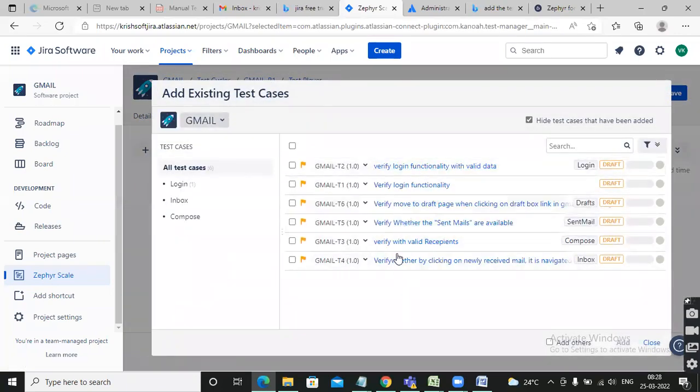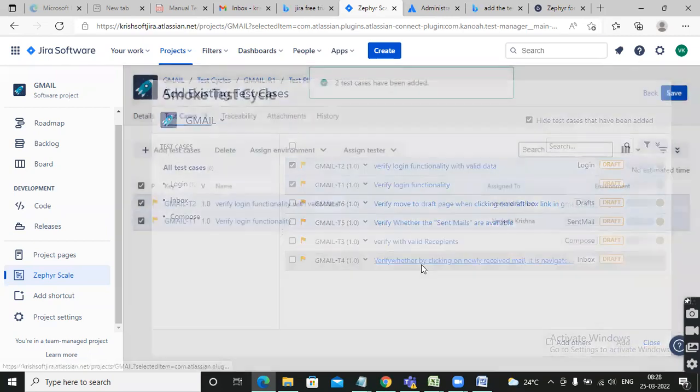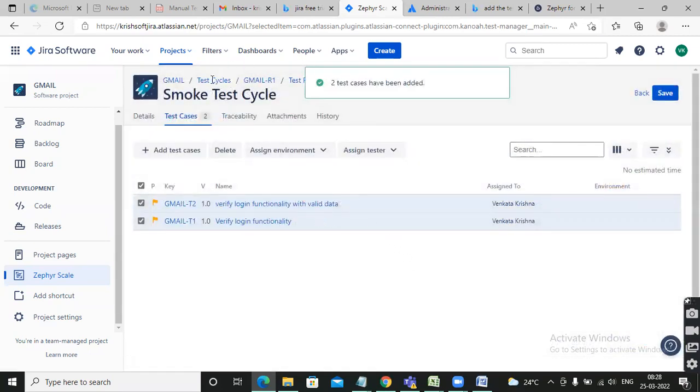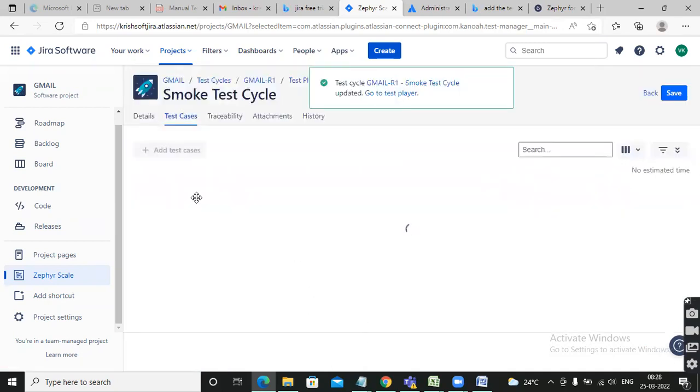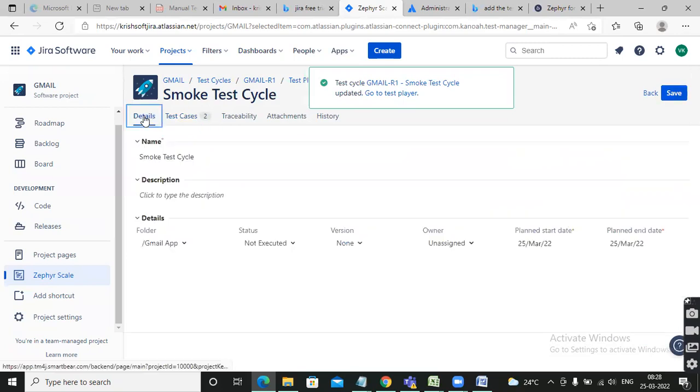Okay, these are all the 5 test cases that are there. Like you can verify login with valid data, login functionality. You are adding these 2 test cases into this smoke test cycle. Okay, you can save it. Smoke test cases, 2 test cases you added. And coming to the details,